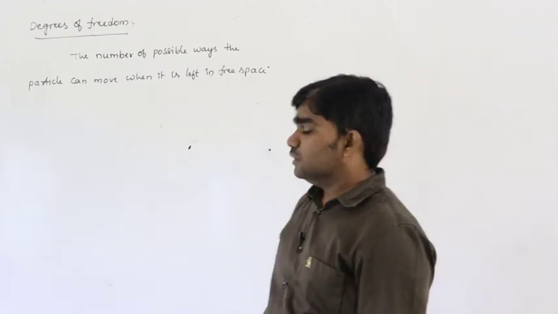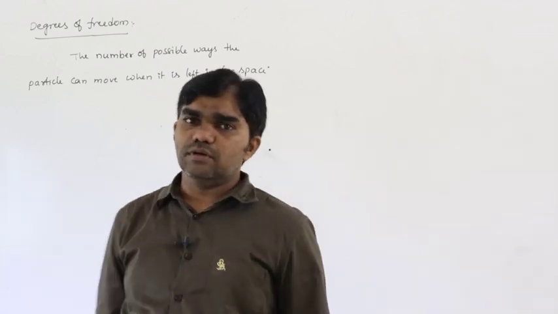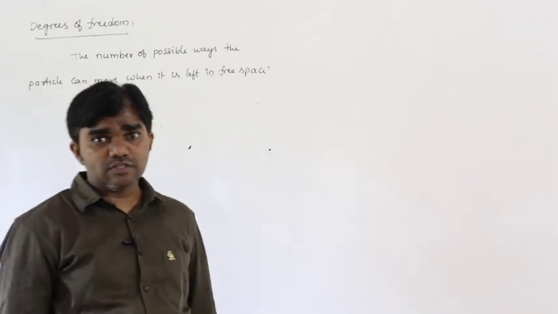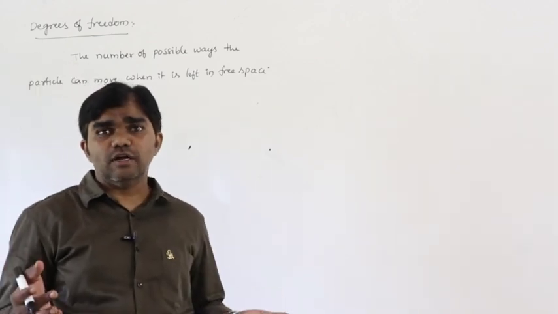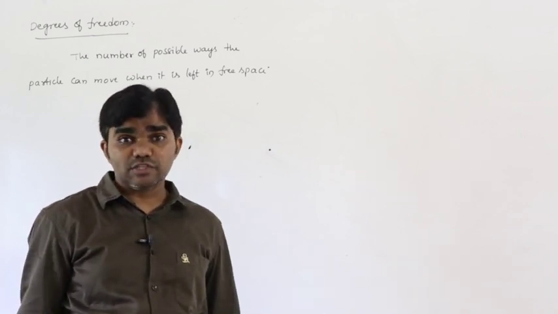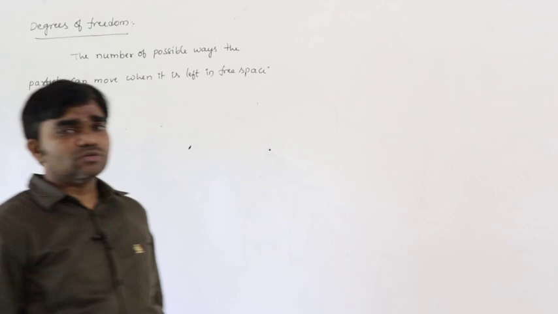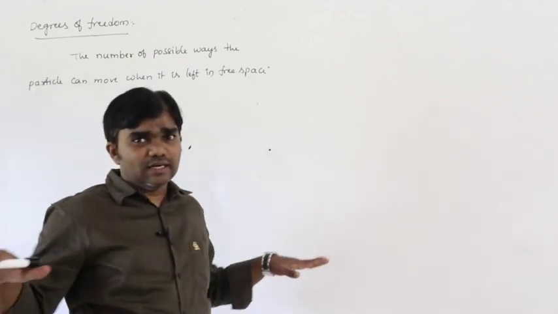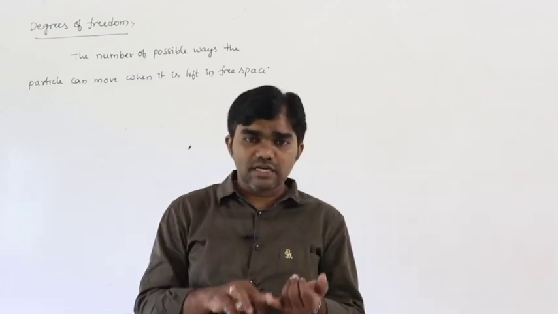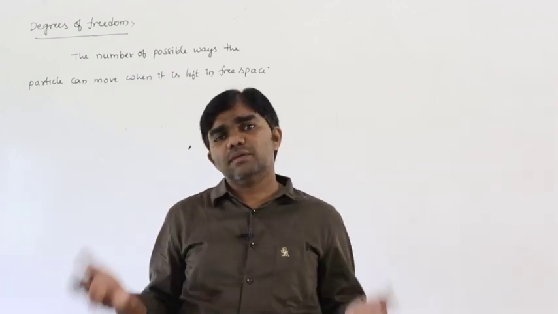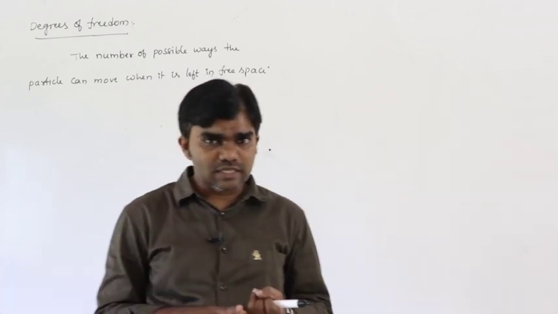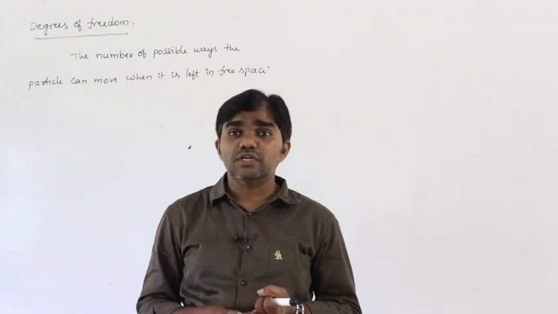But oscillatory motions are not possible. Gas molecules are very small in size. Oscillatory motion of gas molecules is not possible to identify. So that's why oscillatory motion is neglected. What are the remaining? Translatory motion and rotatory motion. So the maximum possibilities are 6: 3 translatory motion possibilities, 3 rotational motion possibilities.